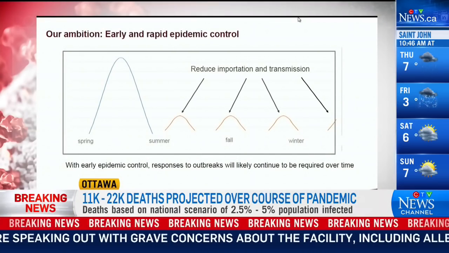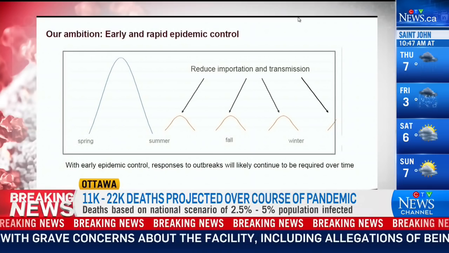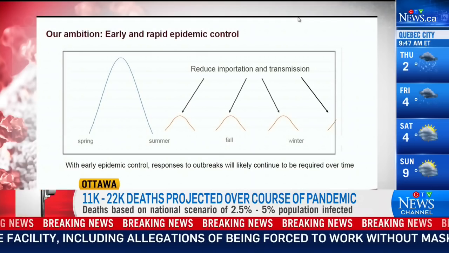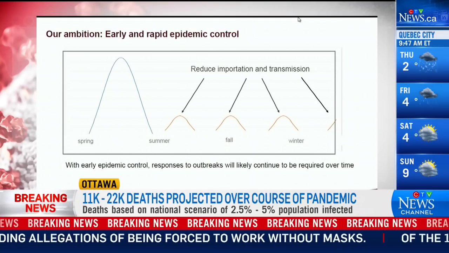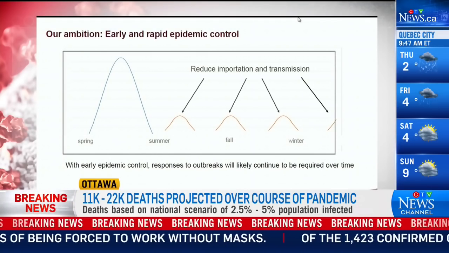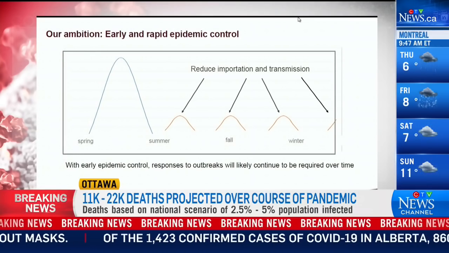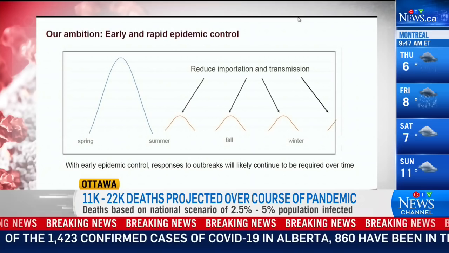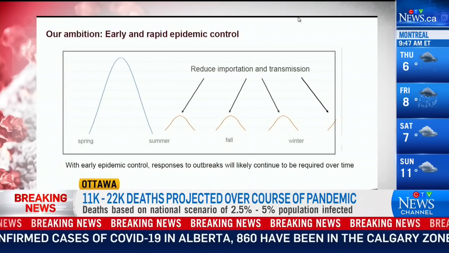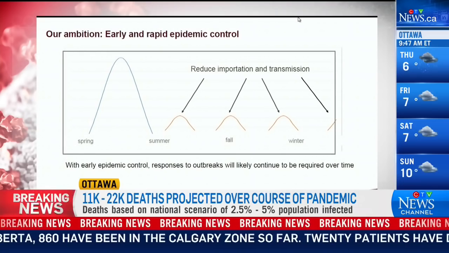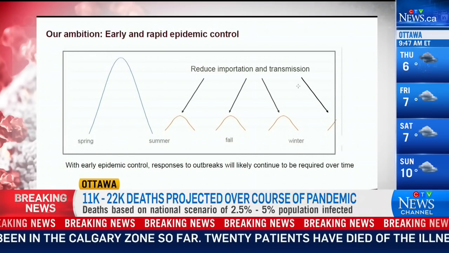Once we have past the peak of the first wave and are on the downward trending side of the curve, it will be equally critical to keep up our control measures. If we do let up, new transmission chains will take off in our highly susceptible population, and the epidemic will reignite. So on slide 17, what do we need to do now to determine our future?